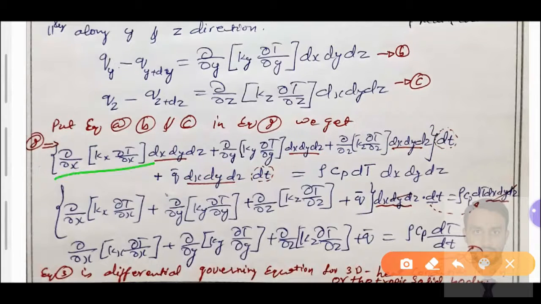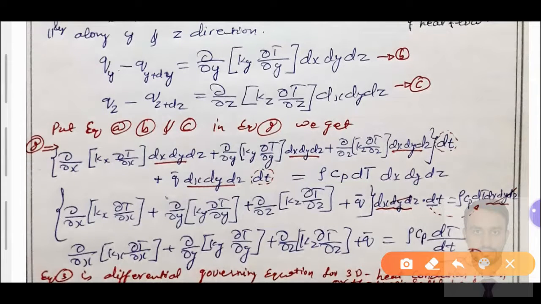So I'll take this as it is, and then I'll take this as it is here, plus q bar into dx dy dz into dt, small t, it is with respect to time, equals to, we have this as it is, internal energy change: Cp dT, capital T change in temperature, into dx dy dz. The left hand side dx dy dz and the right hand side dx dy dz will get cancelled. This is not a time dependent variable, this is a change in time, this is a change in temperature,